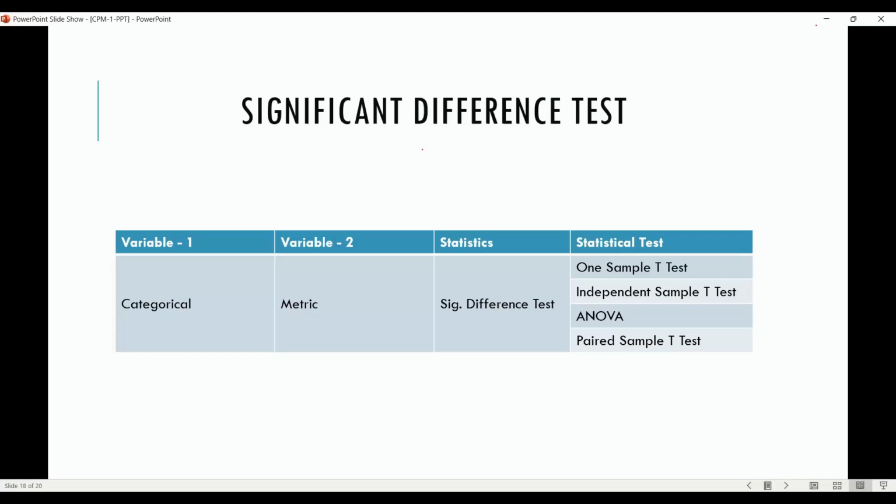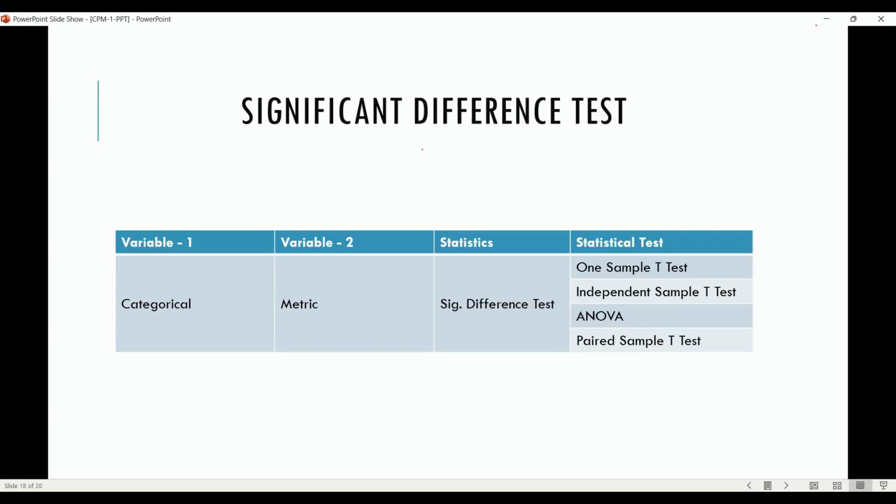The first one has given a mileage of 32 kilometers per liter. The second one has given a mileage of 38 kilometers per liter. The third one is 34. The fourth one is 35, and similarly it goes on. And you have found out that on average, the TVS Jupiter is giving a mileage of only 34, whereas the company has claimed that the TVS Jupiter will be giving a mileage of 36.